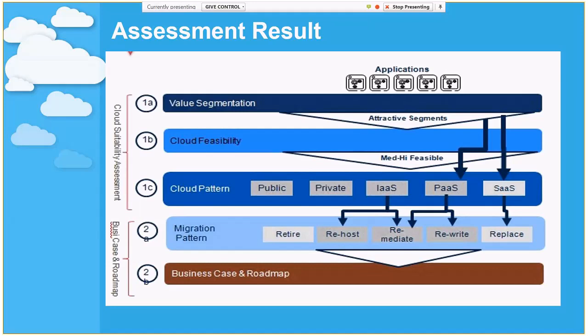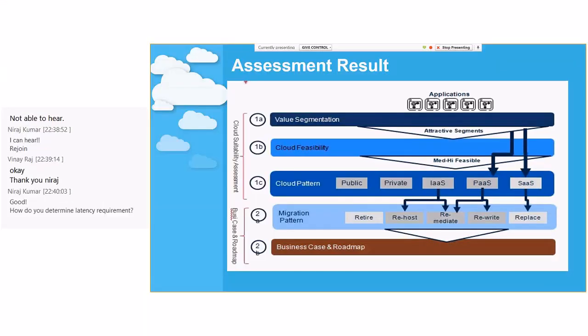So what will happen? The client will be very clear about what the Azure architecture and the to-be architecture are, so that we will not have last-minute surprises when moving into the next phase. So this is the way we work. Definitely, how to go about PaaS and IaaS, we can see at a later point of time. On what basis do we decide which application can go for PaaS, IaaS, or private or public?